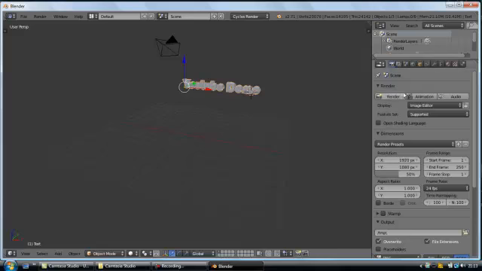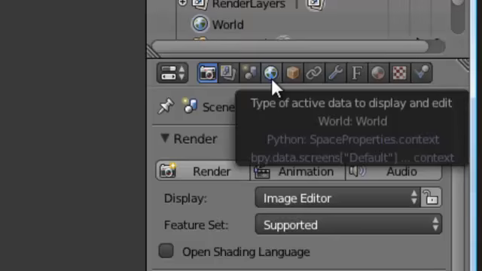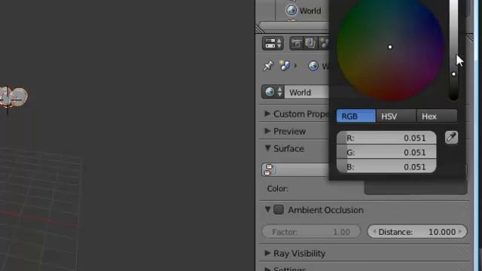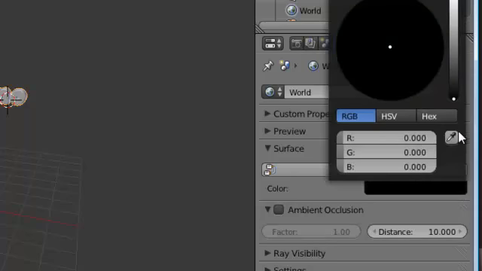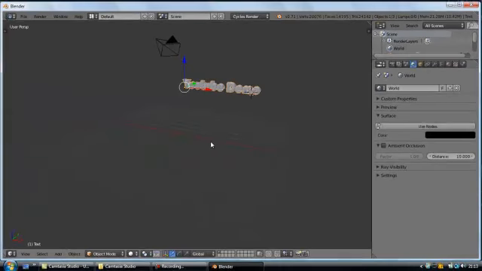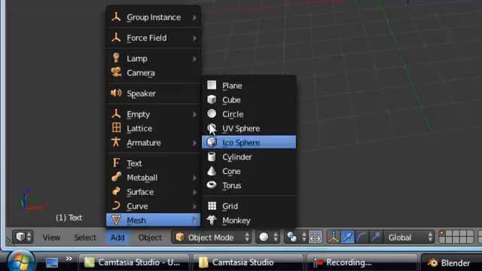So what I want to do now is set the background. You click on this wee blue ball here, that's the world. And over here underneath use nodes, you click on this grey bar and select black background for that. And then we need to add a ground in. So if you go back to your grid and click anywhere on the grid and click add mesh plane,